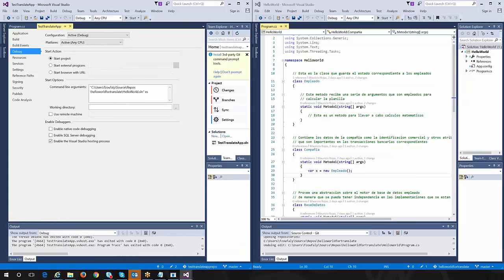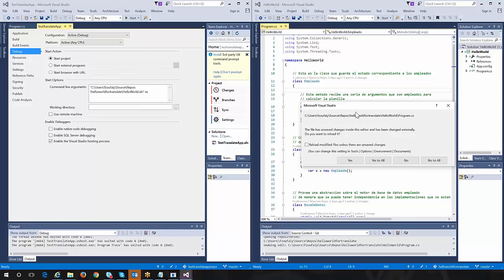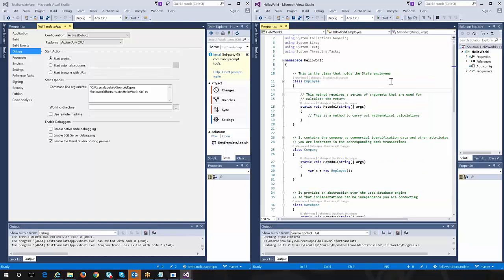Now if I switch to this version of Visual Studio, it's going to tell me that the file has been changed behind the curtain. So I just reload everything, and now in the same file all the comments have been translated, but also the class name, employee here and employee here, has been contextually and correctly changed. Okay? Again, this is a conceptual demo, and this probably will not work fully automated